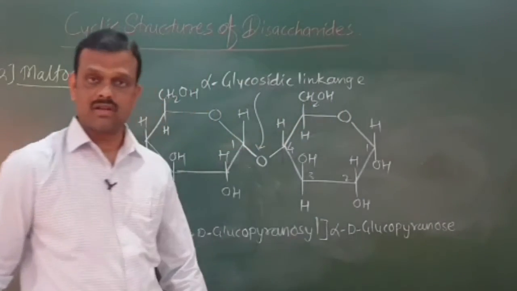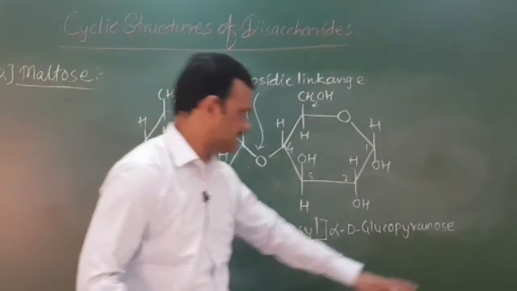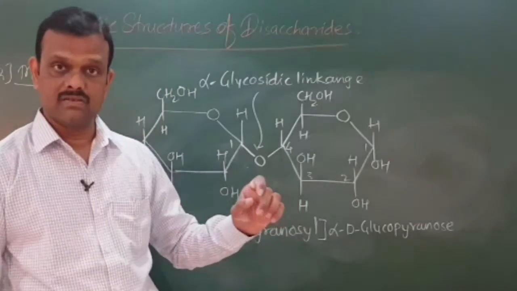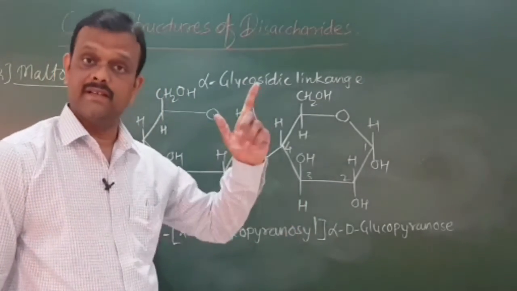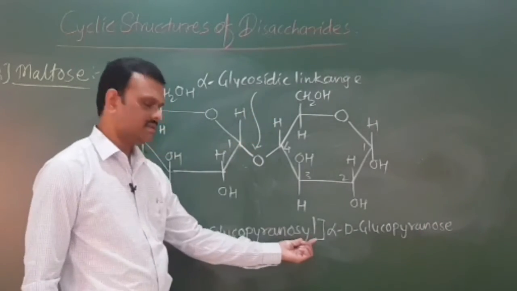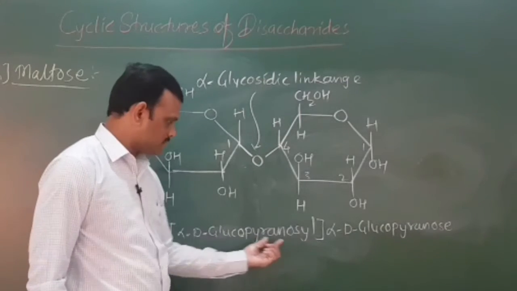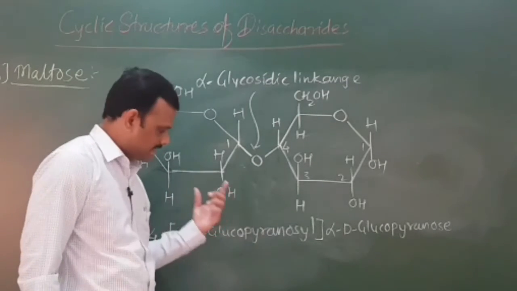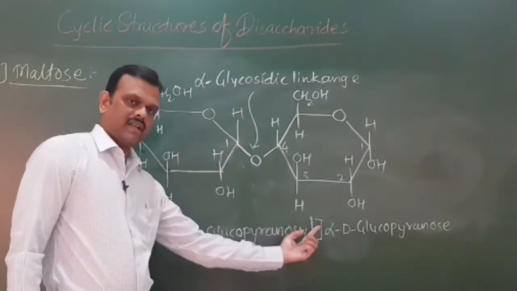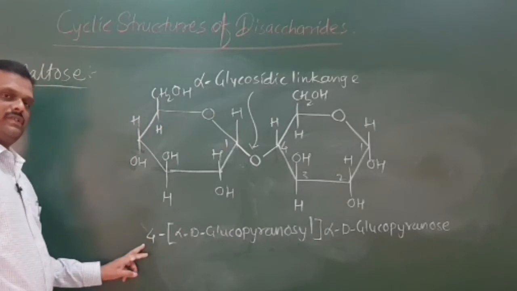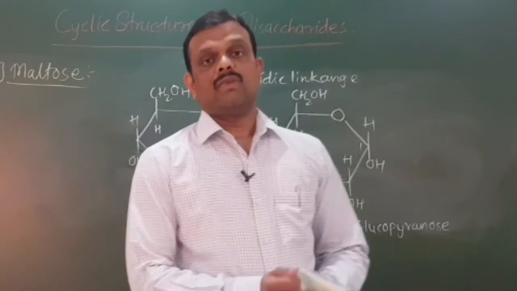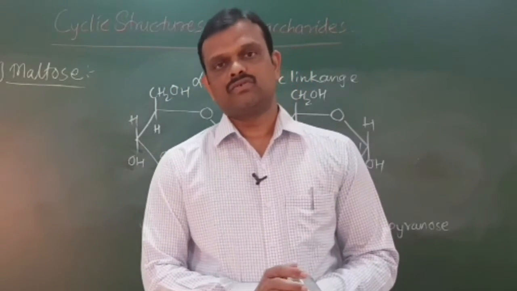As maltose is a non-reducing sugar, you can write OSE as the end word. In sucrose we had written it as side, glucopyranoside. Here it is a glucopyranose, but the change is here: syl. You have to write the syl, not only glucopyranose. You have to write glucopyranosyl for the first, which is kept in parenthesis. It is attached on the 4th position. This is again the structure of maltose sugar. Maltose sugar is a non-reducing sugar.